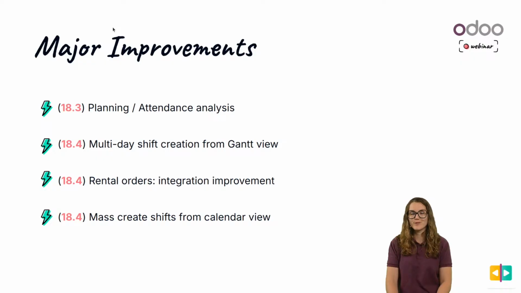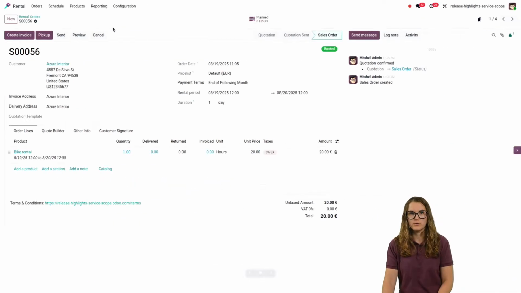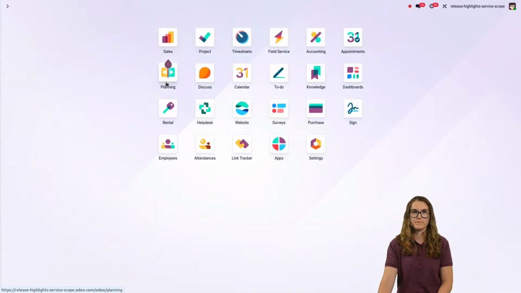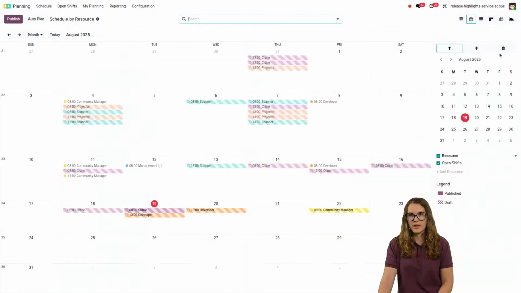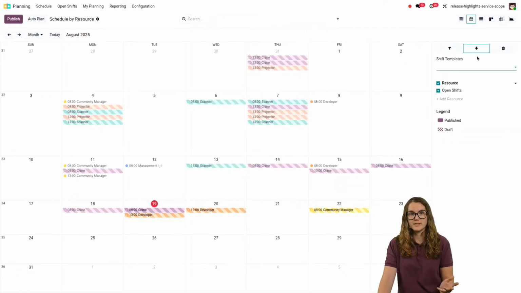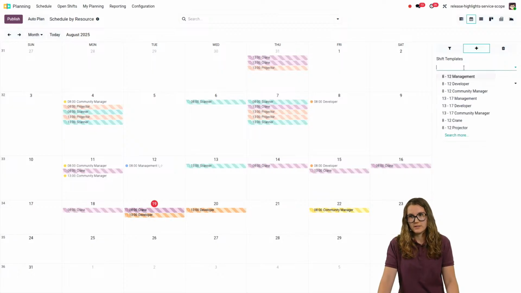The last improvement for the planning application is the mass create from the calendar view. So it's exactly the same way as the timesheet application. If we go to the planning app, and we go to the calendar view, by selecting here the plus button, we are able to easily create shift templates. So you first have to select which kind of shift template you want, let's say developer,